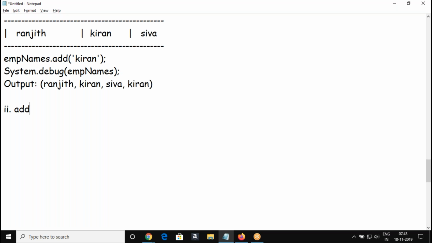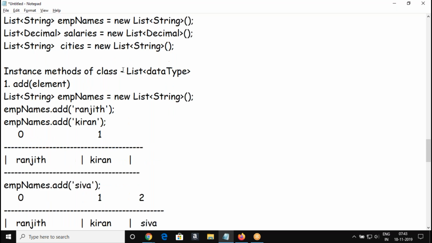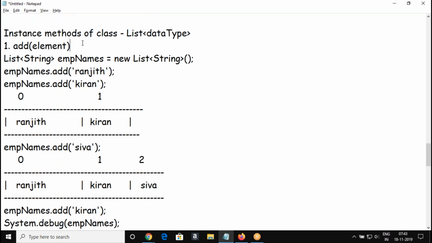Right, now I would like to remove the element. When you say remove the element, you will only remove based on index. If you pass an index here, then the respective element will be removed from the list. Got me? So the remove method is to remove the element based on index. So what is the use of the add method?